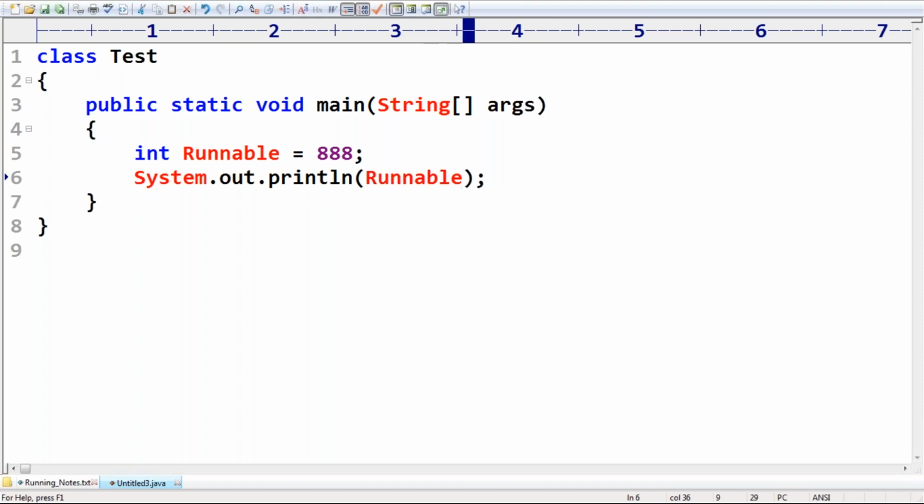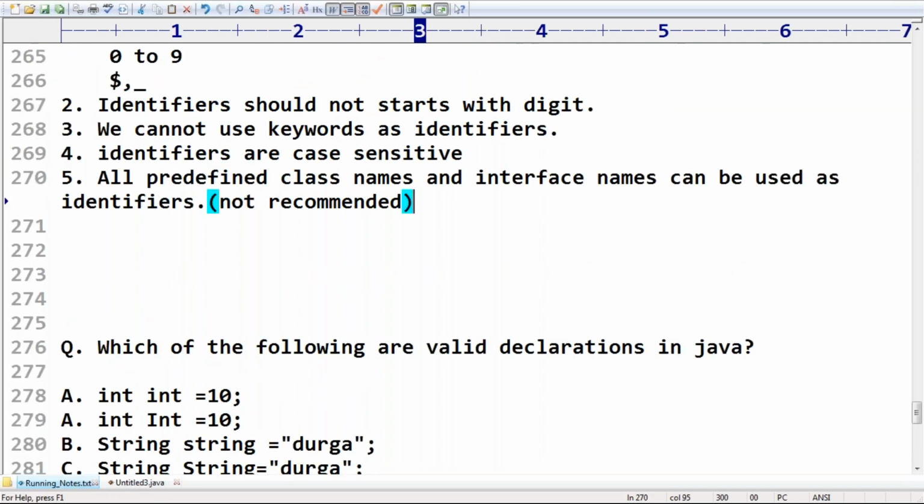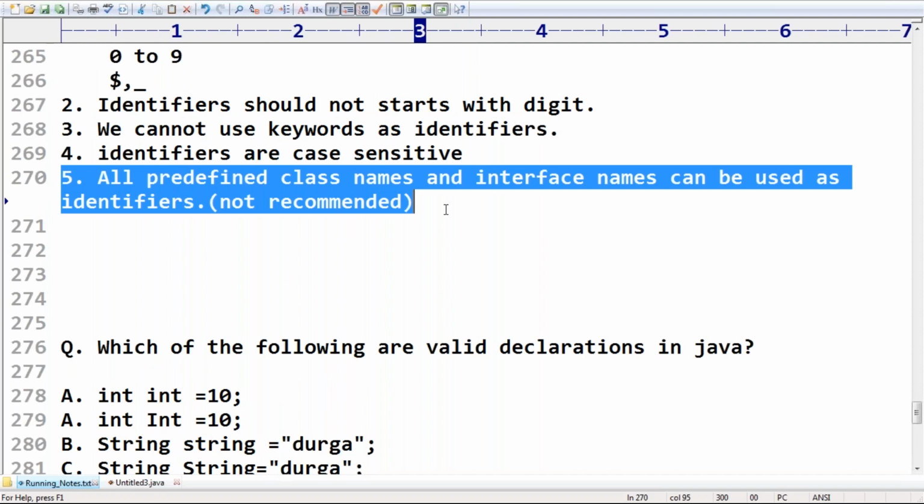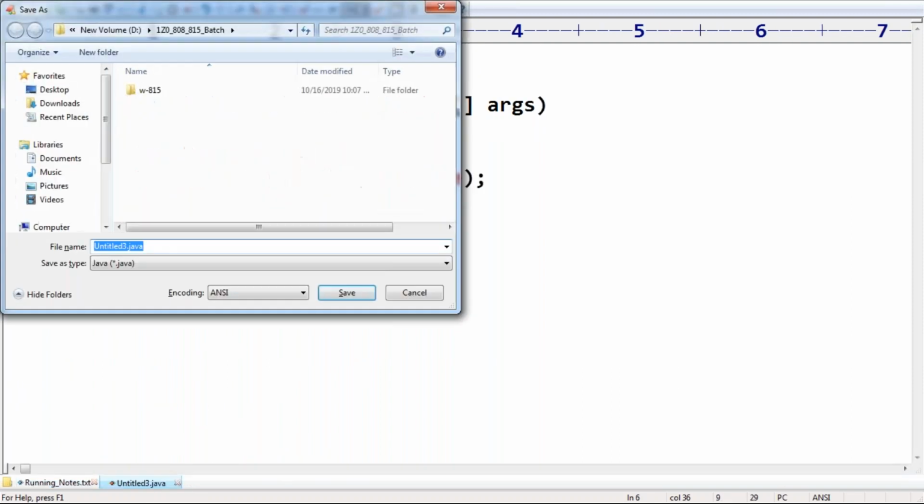Is it valid or invalid? Runnable is a predefined interface, right? It is valid, no problem at all, because just now I told you all predefined class names and interface names can happily be used. Let me save this code.